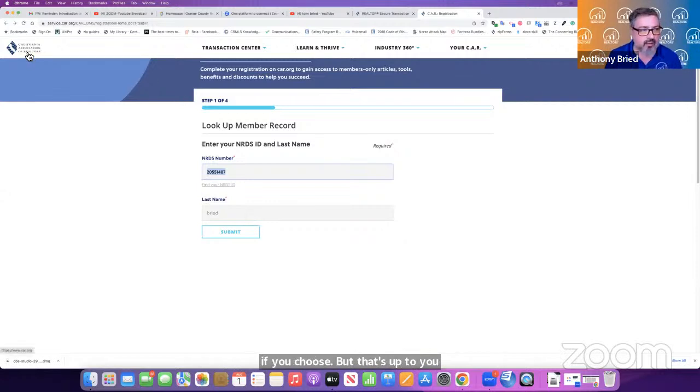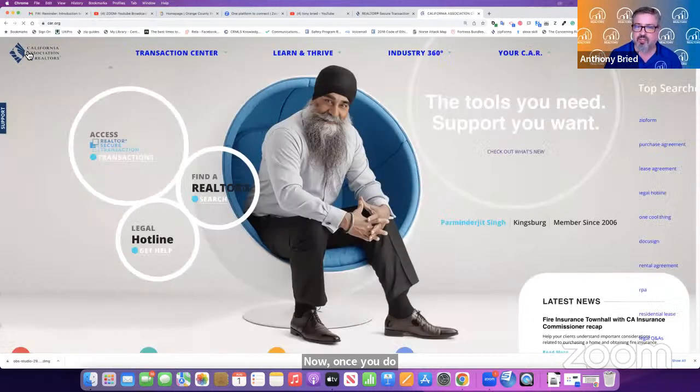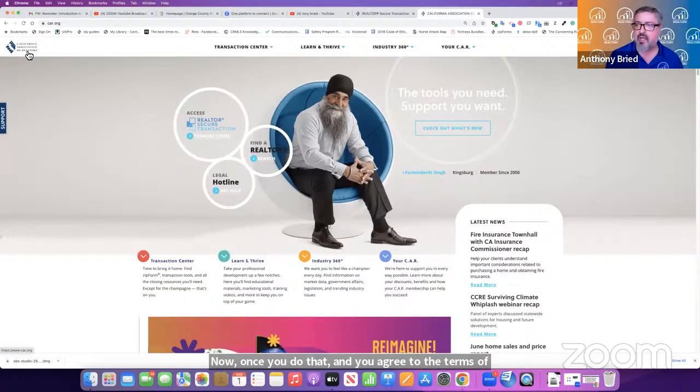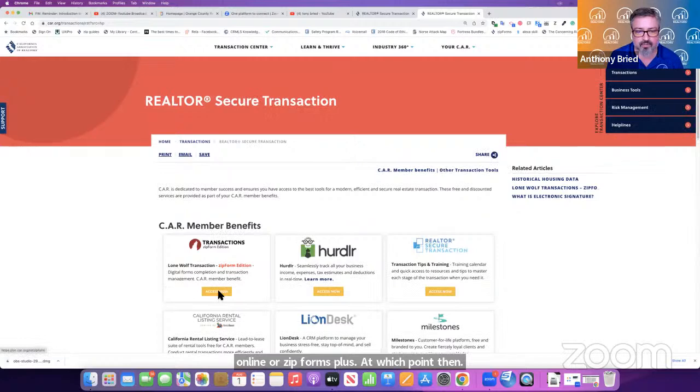Now, once you do that and you agree to the terms of usage, the system will then ask you what product would you like to access. You're going to choose the top choice of zipForms Online or zipForms Plus, at which point then anytime you log in through this method,